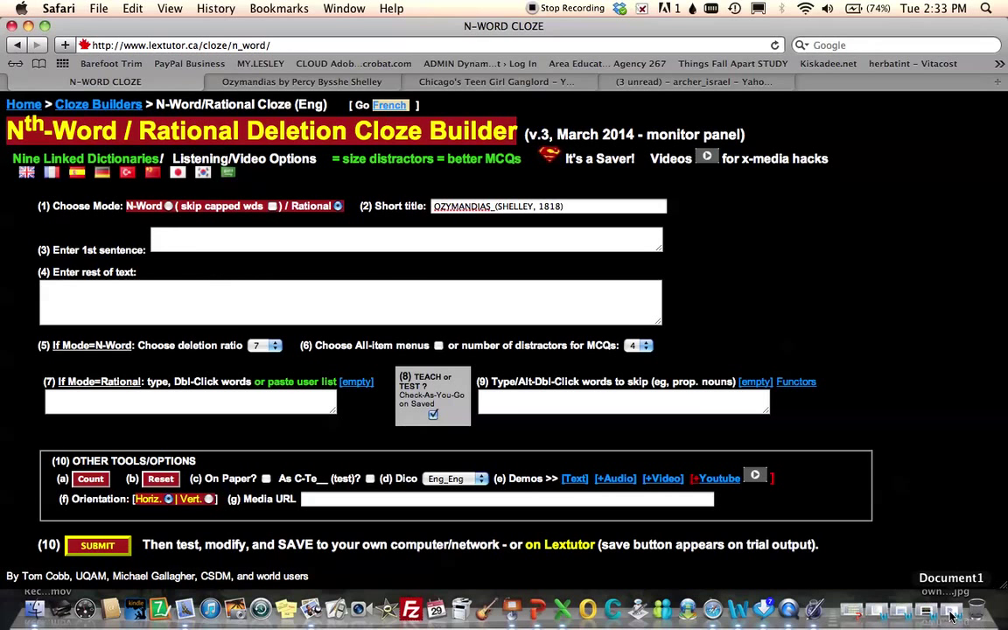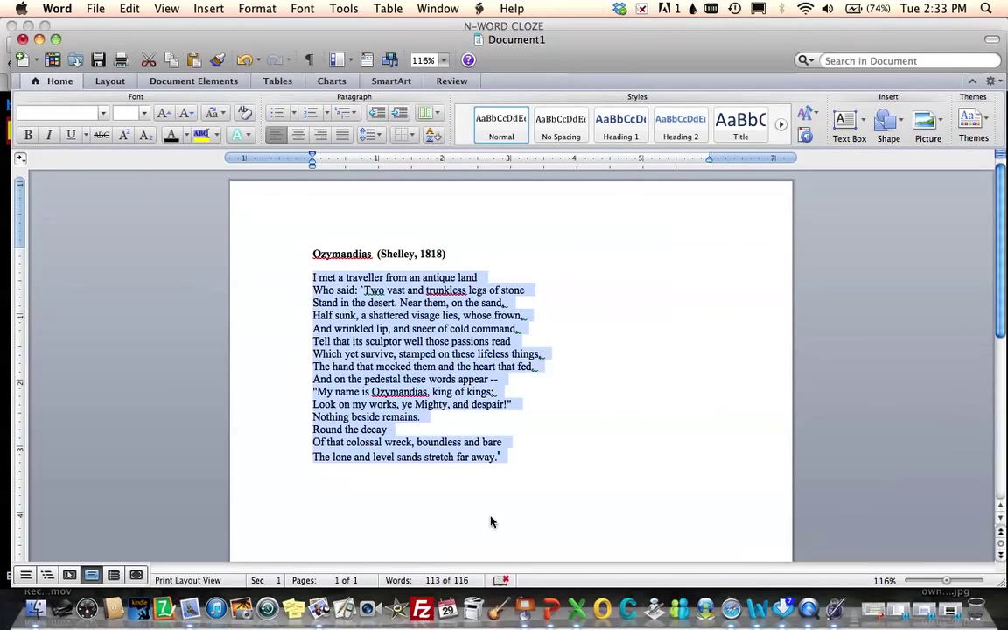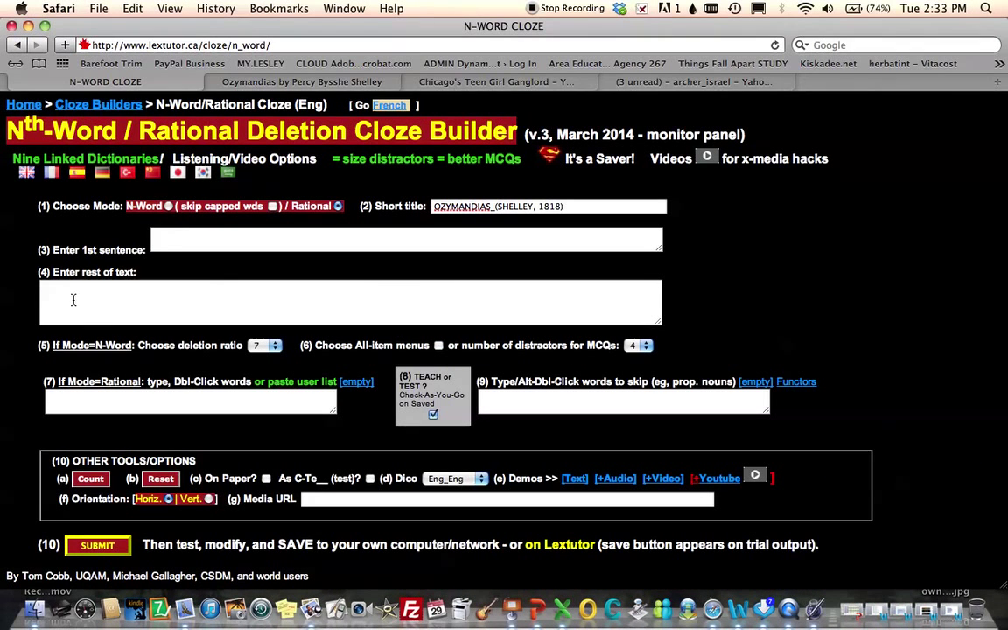I'm going to go to my text, which is over here, and I'm going to copy it without the title. So I already have the title. And I'm going to paste it into this little white box here. And then I'm going to scroll up so that I can see all of my text, and I'm going to double click on every word that I want to be a blank in my passage, every